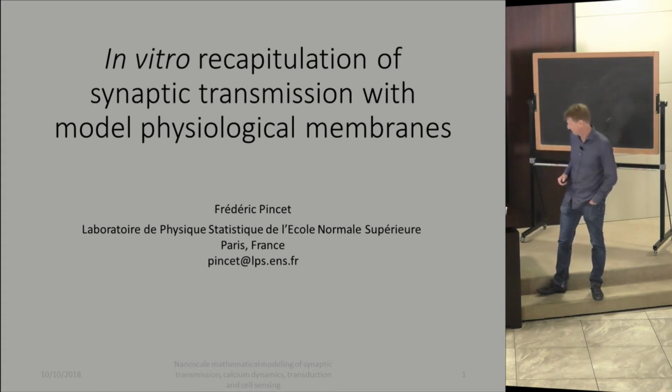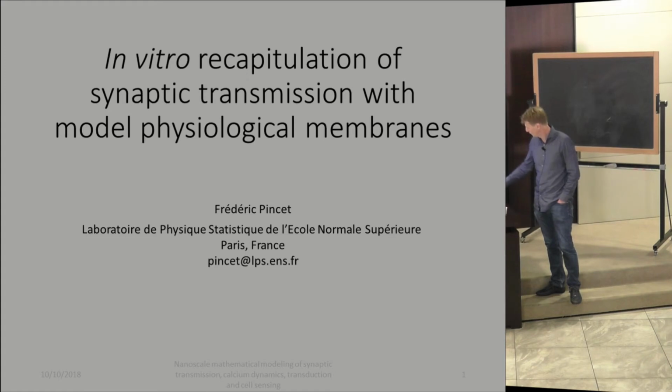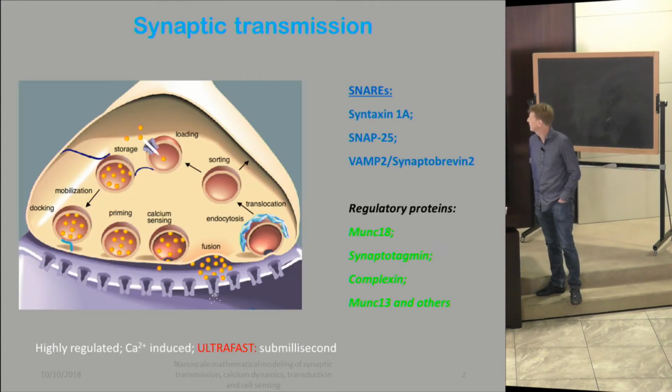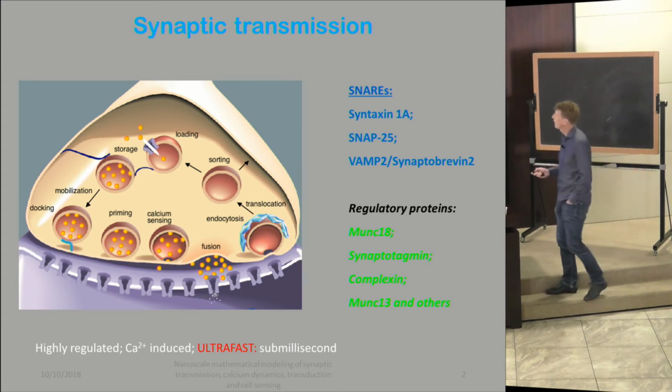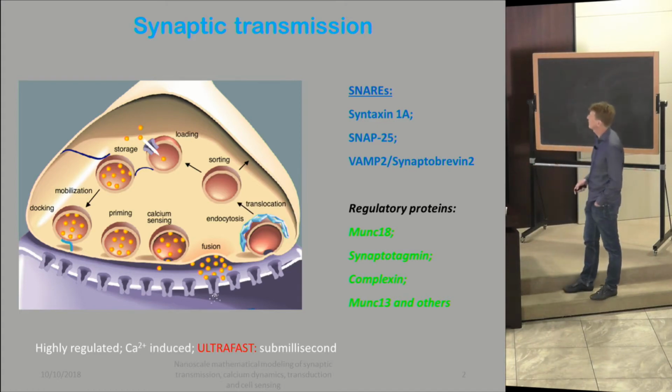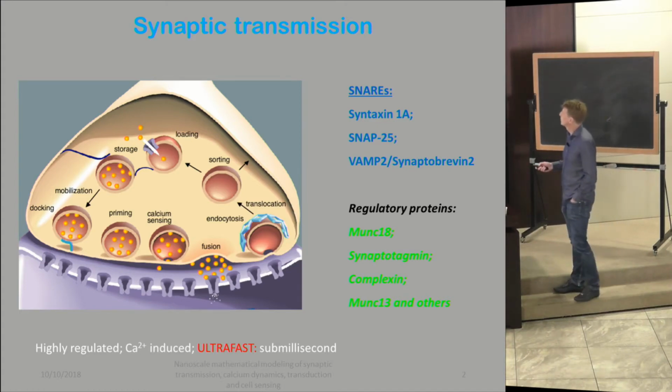And that's it. So I'm going to start. What do we want to mimic? We want to mimic what happens during synaptic transmission. So you know the cycle of synaptic vesicles, I'm sure. All of you have already seen a diagram like this. You know there are proteins involved in the fusion part. I'm going to present them in more detail. Mathieu mentioned them yesterday also, which are called SNAREs.